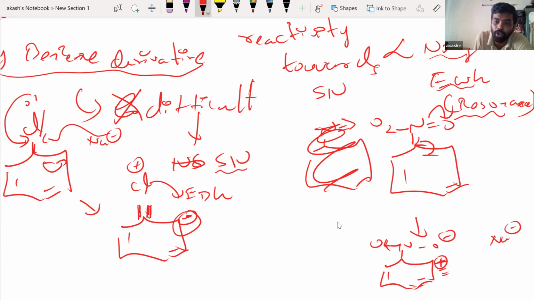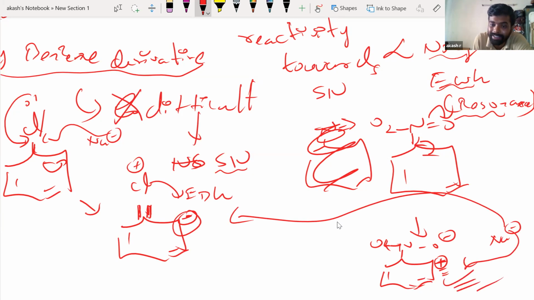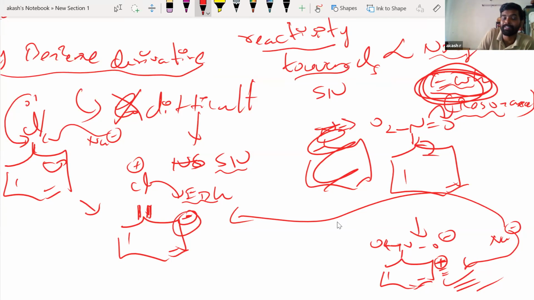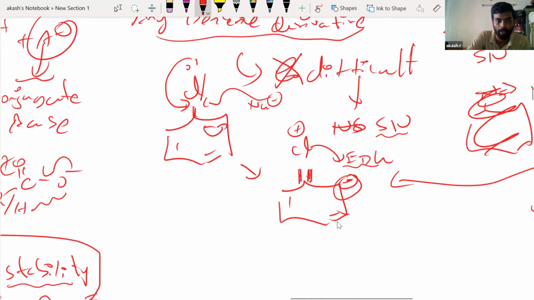Obviously, when I have a nucleophile and I want to attack here, it is easy, because here I have a positive charge, so positive-negative attraction will happen. But if it is going to go there, negative will try to repel. That is why when I have only an electron donating group, it is very difficult for the benzene ring to undergo nucleophilic substitution. But if I have an electron withdrawing group, that makes the reactivity higher towards nucleophilic substitution. Why? Because in the benzene ring, I'm going to have positive charges because of resonance. Now, keeping that in mind, if I look at this question,